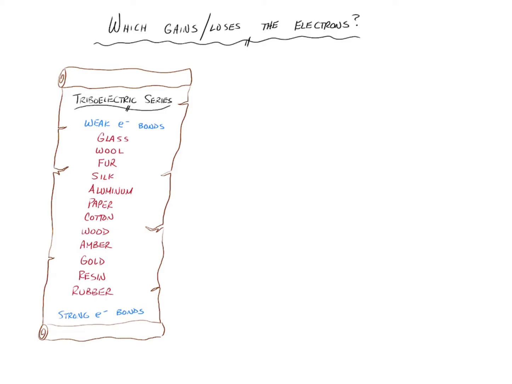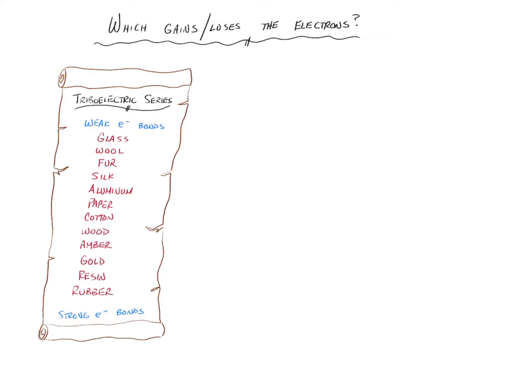So every object has its own innate set of mechanical properties of the material that allows it to form strong bonds with electrons or weak bonds with its electrons. This is just a small portion. The real triboelectric series, if you Google it, you'll just see list after list after list. You can figure out exactly where everything falls, but the triboelectric series is basically a ranked list of materials in terms of how strongly or weakly they can form and hold bonds with the electrons that